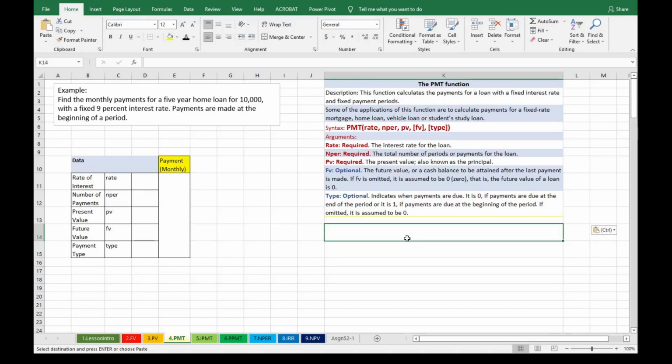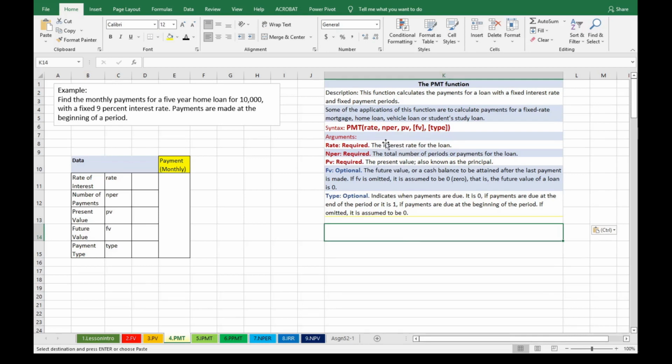Now let's look at the PMT function. This function calculates the payments for a loan with a fixed interest rate and fixed payment periods. Some of the applications for these functions are to calculate payments for a fixed mortgage, or a home loan, or a vehicle loan, or a student's study loan. The syntax for the PMT function is rate, NPER, PV as required arguments, and FV and type are optional